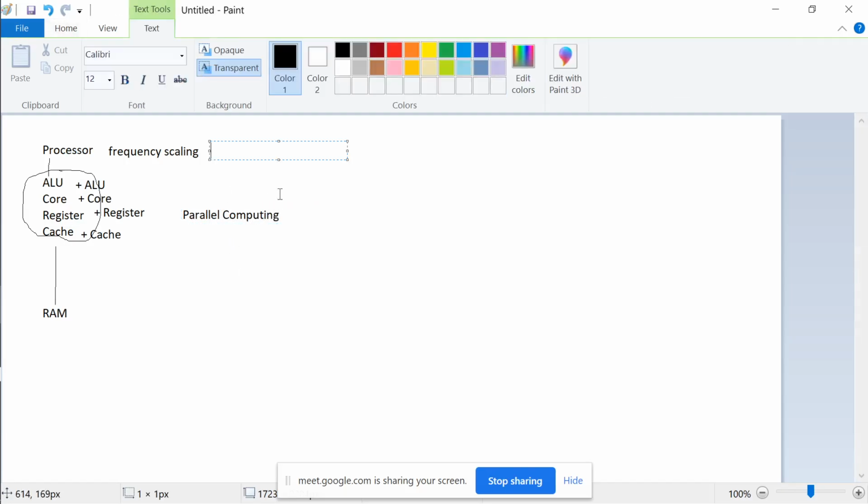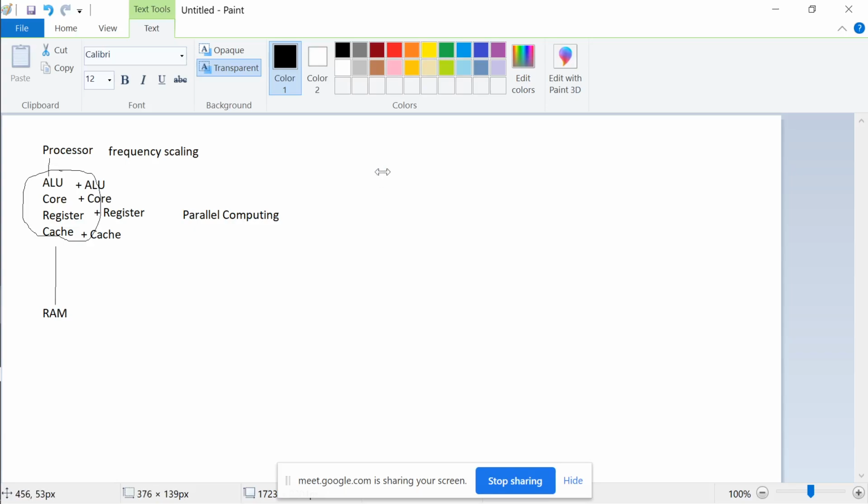So now, earlier, let's say the clock speed was 8, so 8 ticks per second. So this would mean a minimum of 8 machine instructions can be executed per second.